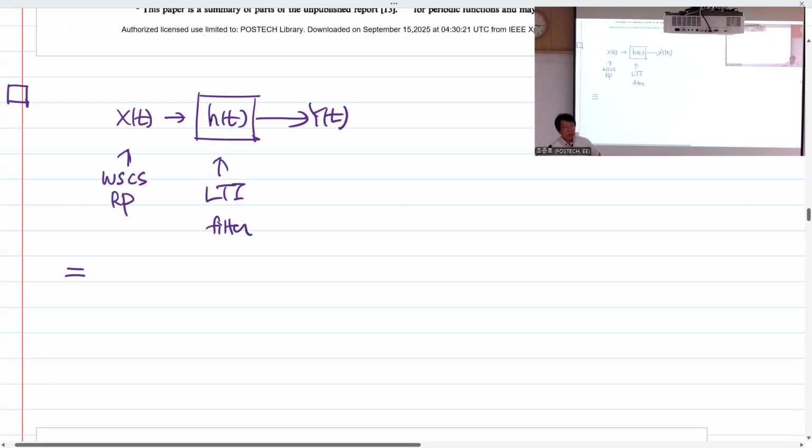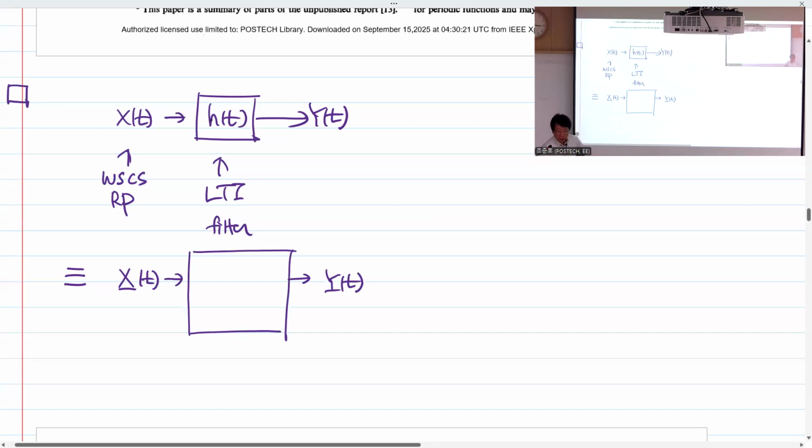Are you very tempted to rewrite in this way and claim that there exists some matrix valued LTI system that gives you Y underscore,